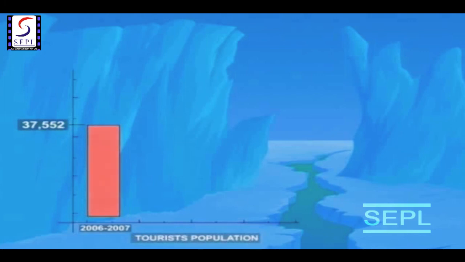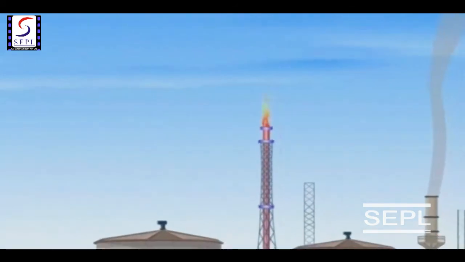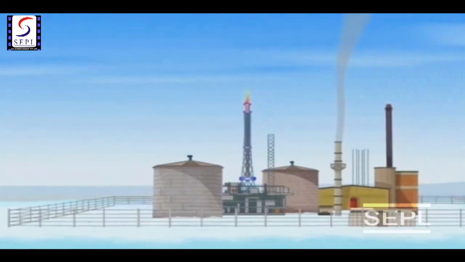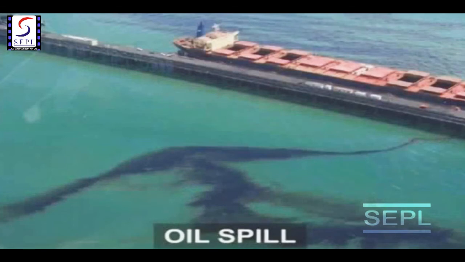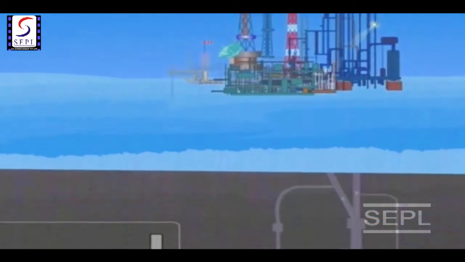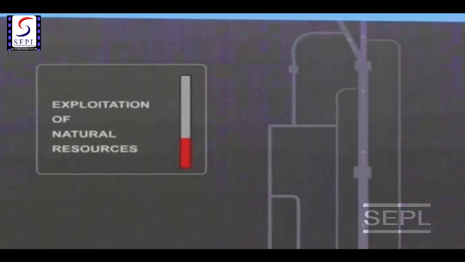The big question is, is this right? While some people think that this is a sign of progress for mankind, others feel the whole modernization process of the Arctic wilderness and oil spills due to exploration are a constant threat to the polar region. The exploitation is not being done on a large scale. But if the world starts to exploit the natural resources of the Arctic full-fledged, then no one can imagine what effect that would have on the world's last untouched areas of wilderness.